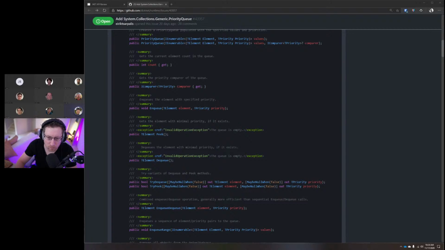Then we have the try variants for dequeue and peek that, first of all, do not throw if the heap is empty, and also are capable of giving back the priority, assuming that you need it. You might notice that I haven't included any proper dequeue and peek methods that do give back the priority, and I'd be interested to know whether you think these might be useful.